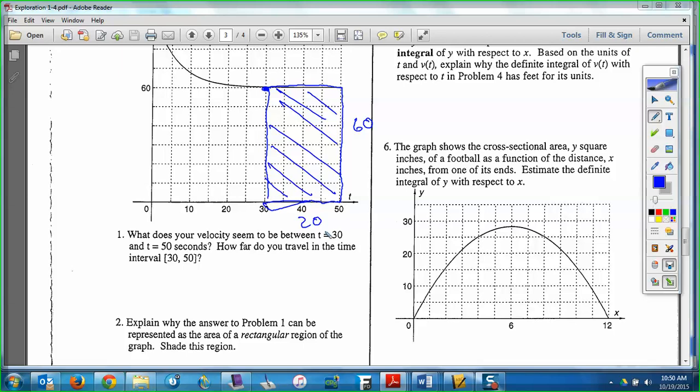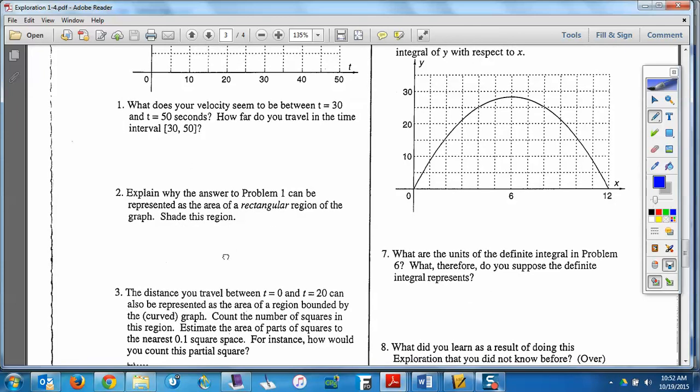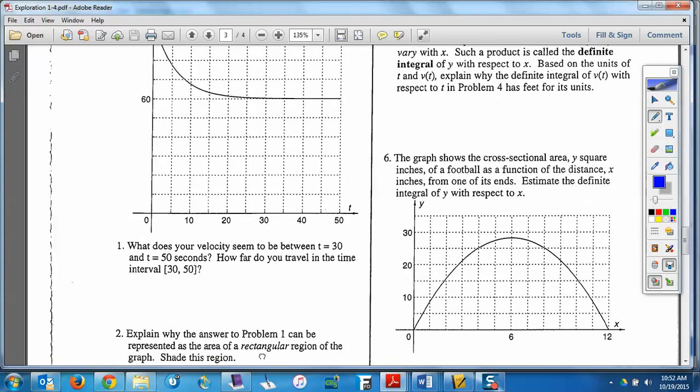But that's true. All the examples we've done up until now are like that. Now if you've been in physics class, you've probably done this already, right? Have you done stuff like this, where you do area underneath velocity curves? So this would be very similar. So 1,200 feet is the area under that curve. But again, that's just algebra geometry stuff. There's no calculus there other than that weird thing with the units, right? Now they say, what about the distance between 0 and 20? So read number 3 there.